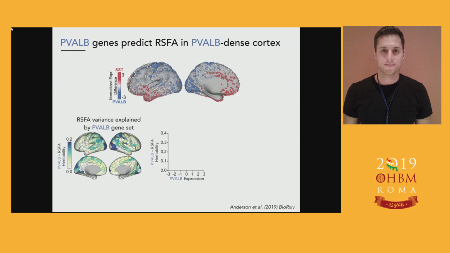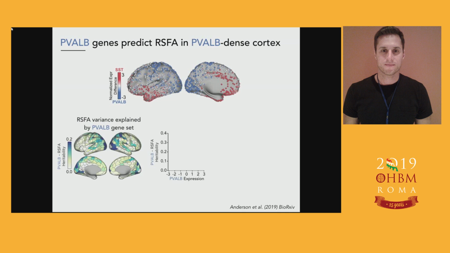So what I'm showing here is the same partition heritability analysis, but conducted for each one of those ROIs. And at the bottom left, those regions where you see increased blue denote areas where this parvalbumin-related gene set is explaining more of the genetic variance in cortical signal amplitude. And you don't have to squint your eyes too much to see that this map of explained heritability is tracking those regions where